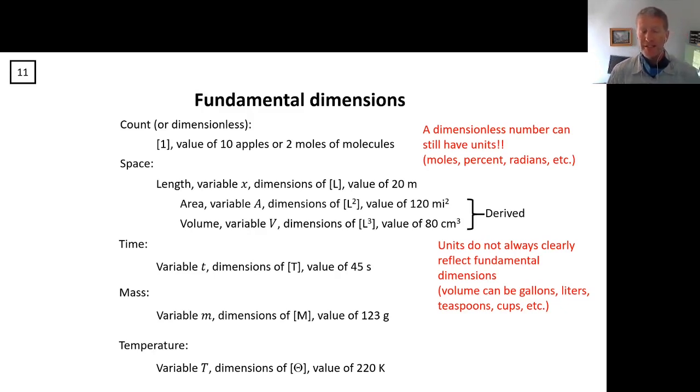Now, temperature brings up an interesting issue in the gray areas of dimensionality, because temperature can also probably be represented by the fundamental dimensions. But in a lot of cases, people aren't breaking temperature down into those fundamental dimensions with the type of math that they do. So you can argue whether or not temperature is a fundamental dimension or not, but it's still perfectly valid to show derived dimensions as a single variable when it's convenient to do so.